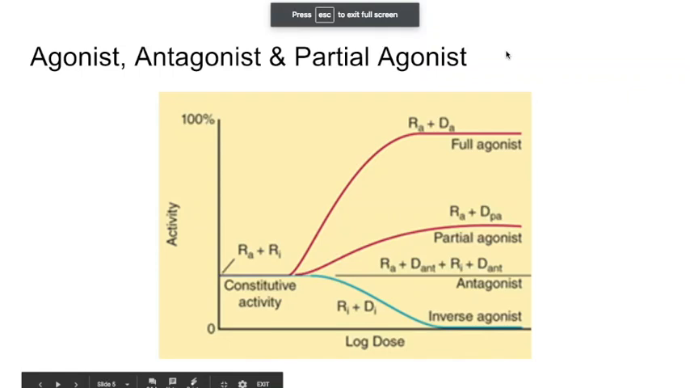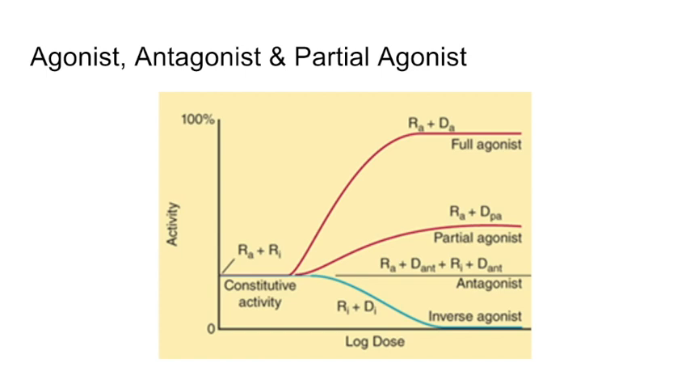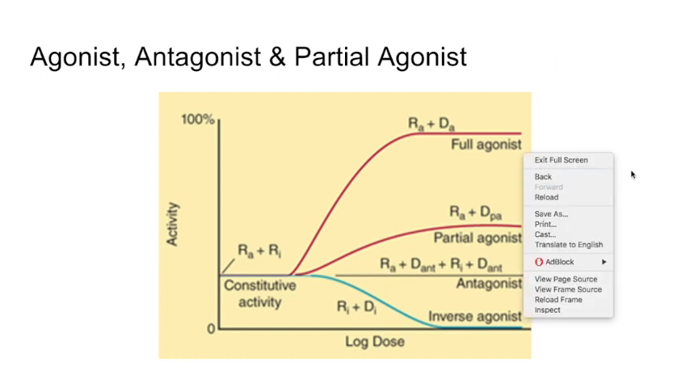Okay, so there are a few things you want to know about agonist, antagonist, and partial agonist. They're terms that you're going to be hearing a lot about in the course of pharmacology, and it is one of the basic foundations that you need to understand. So as you can see on the left, you have the